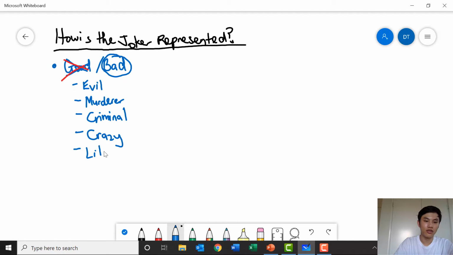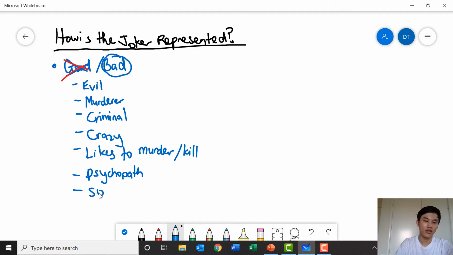He likes to kill. So don't just think that you have to come up with phrases. You can come up with words. You can come up with phrases as well. Likes to murder, sorry. Anything else? He likes to murder or kill. He's a psychopath. Sociopath, whatever. Okay, so this is what you should be doing. But the whole idea is that we brainstorm a bunch of different words and then we go